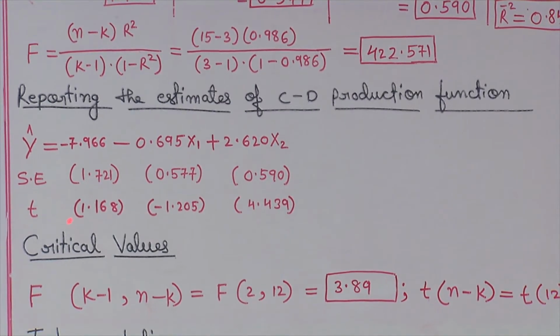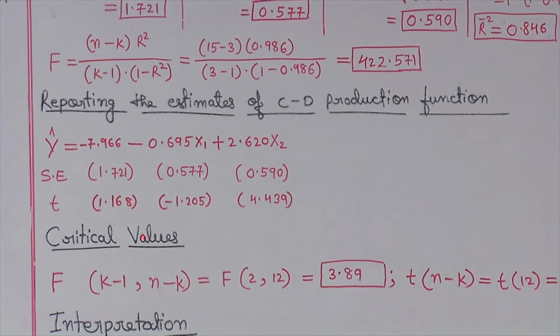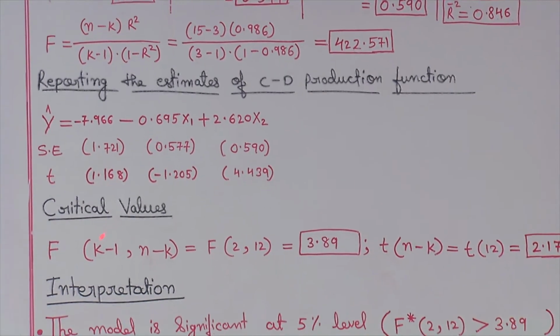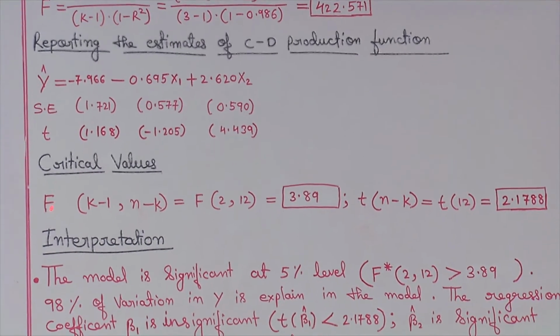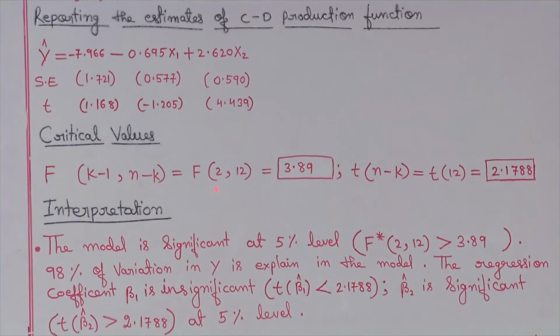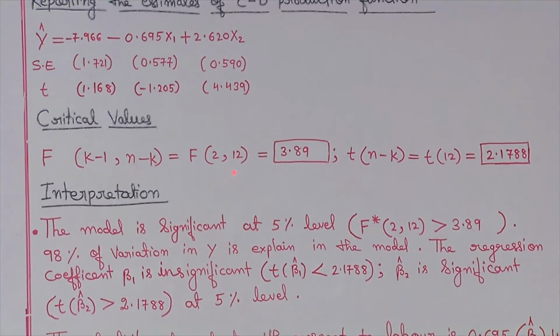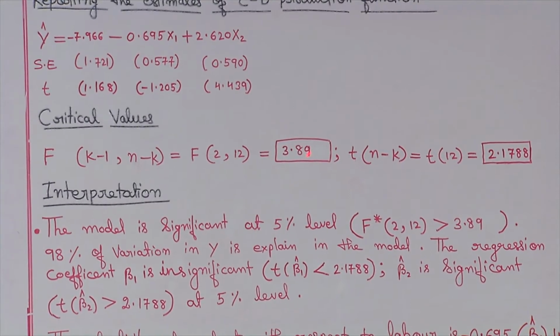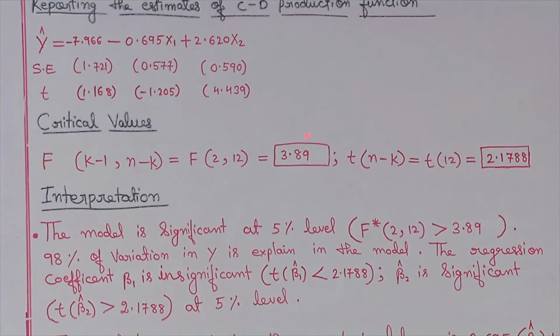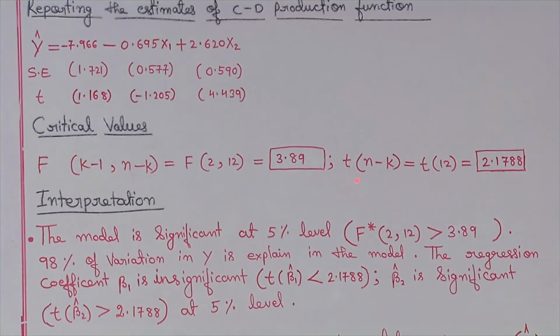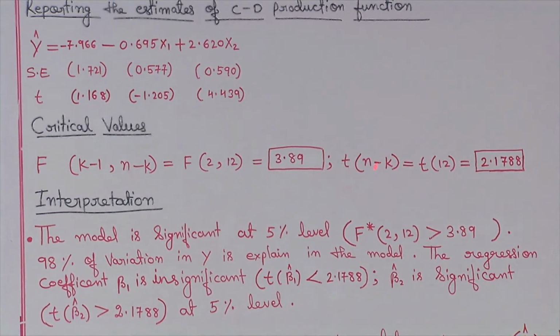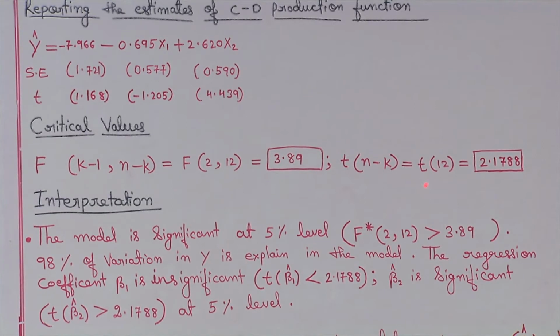and the t values are also given here. So, with the estimates of the Cobb-Douglas production function, we may give some interpretation. The critical values, it is very important that we take the critical values. So, the f value with degrees of freedom 2, 12 is equal to 3.89 at 5% level of significance, and the t value is also taken as t at 12 degrees of freedom at 5% level of